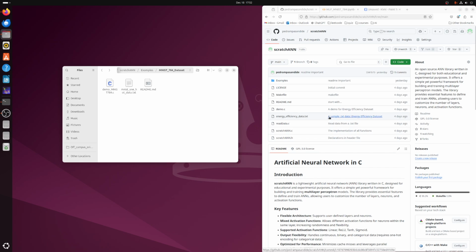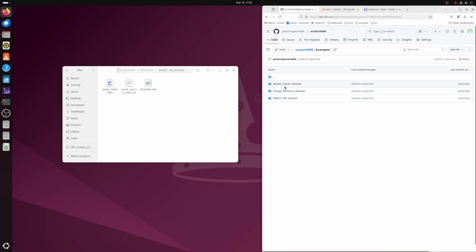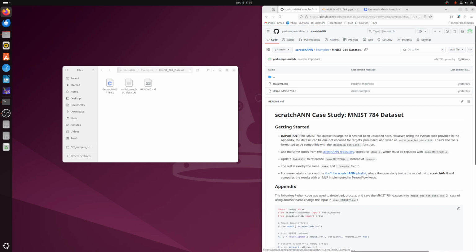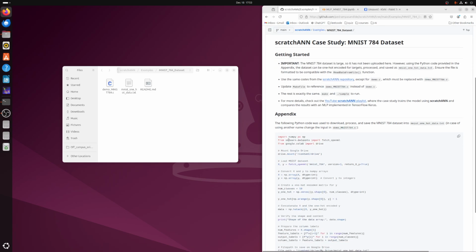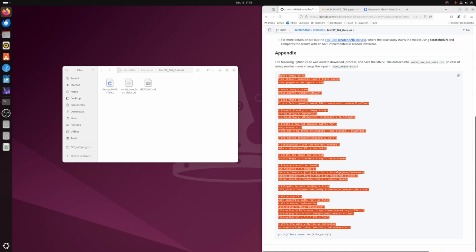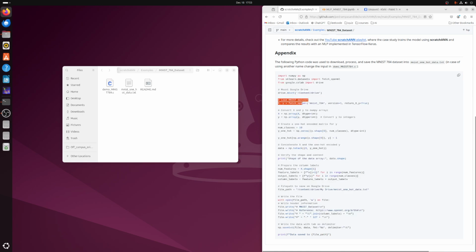This is the GitHub repository where you can download all the code of this open source library. Let me check. Okay, I'm recording. I always think that I'm not recording. Previously we covered breast cancer and energy efficiency. This time we're going to cover MNIST. I haven't uploaded the data here because it was a little bit large. You can use this Python code to fetch the data and then one hot encode the output, the target, which is classification data,